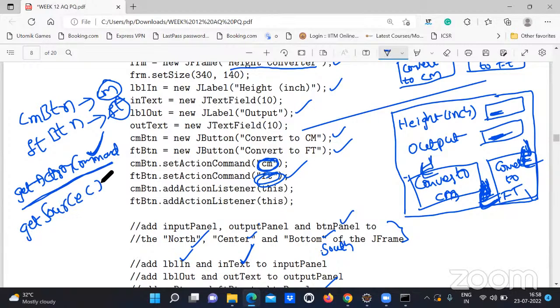Okay, the getSource method returns the object actually. It will not return the string. It will return which button fires this event, and we can get it by using the getSource method. It will return that button object directly. So we can call the equals method to check which button fires the event in